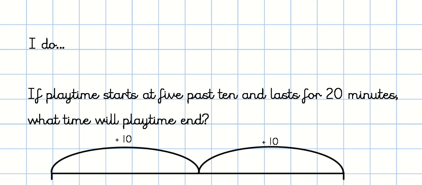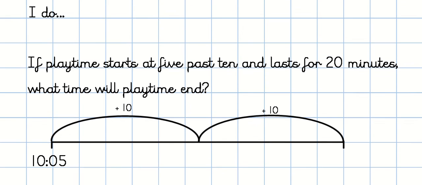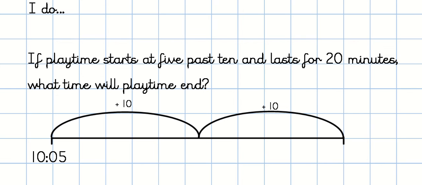Today we're also going to be using number lines to help us. So I'm going to do the first one. If playtime starts at 10:05 and lasts for 20 minutes, what time will playtime end? Well, on my number line, I've started at 10:05. And I've split my 20 minutes into two lots of 10. If I jump from 10:05, 10 minutes forward, what's 10:05 plus 10 going to be? It's going to be